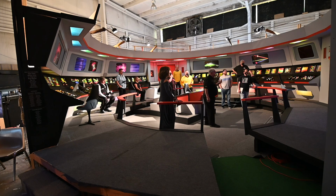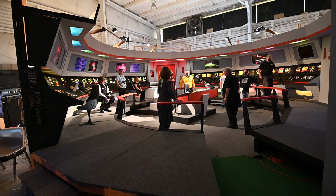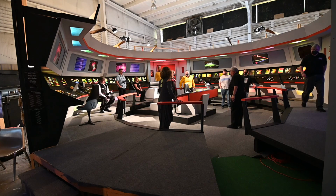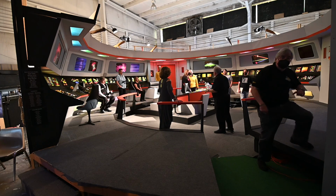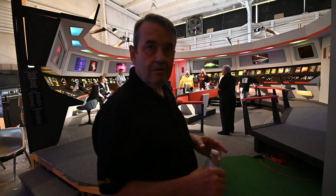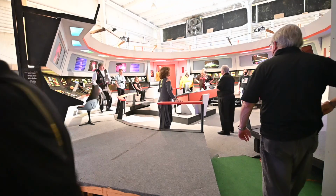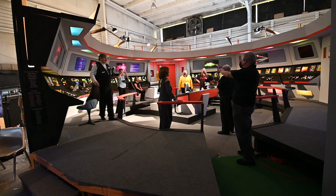You guys, a couple of things. You are free to sit in the captain's chair, take pictures, and sit anywhere you like on the bridge. Robin is here to take pictures with you, and she's going to do a Q&A panel with you, and then there are autographs over on the side. I'm just going to ask you guys to have a lot of fun, and I hope you